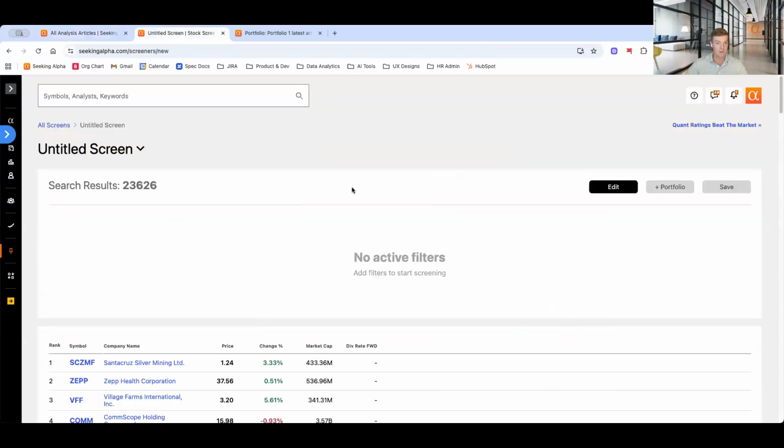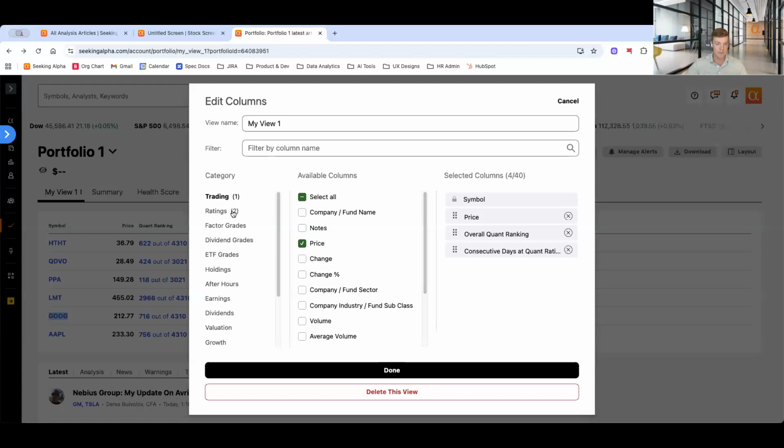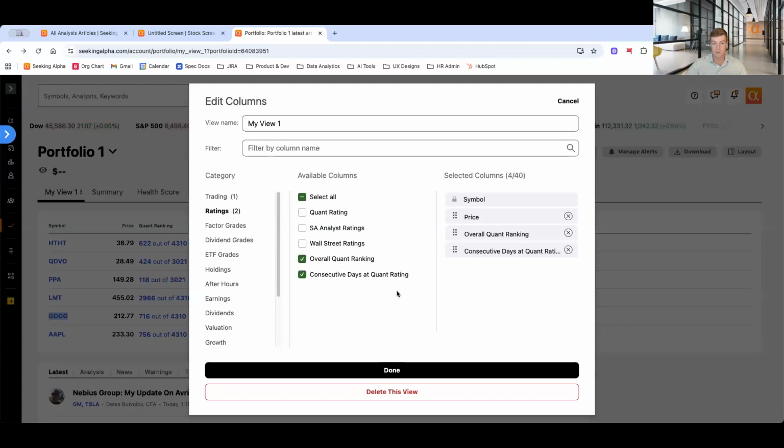And then the third thing that I want to cover, here we have an example portfolio, and we've added two key data points here, which is quant ranking and days at rating. The way you can find these is if we edit this view and then you look under ratings, you'll see that I have these two fields